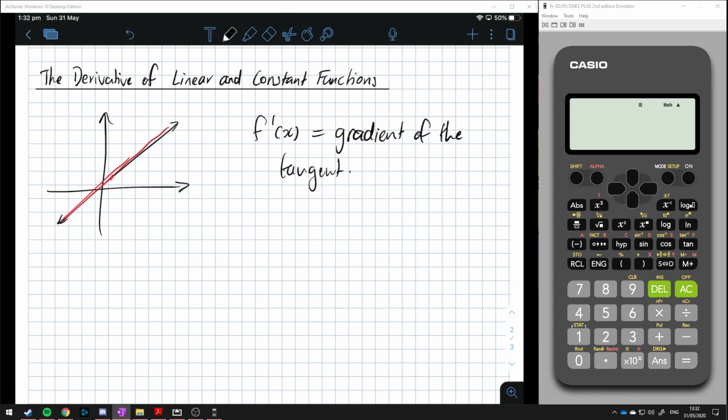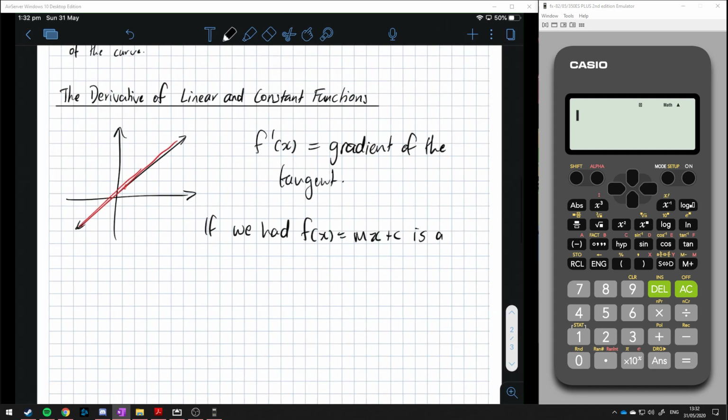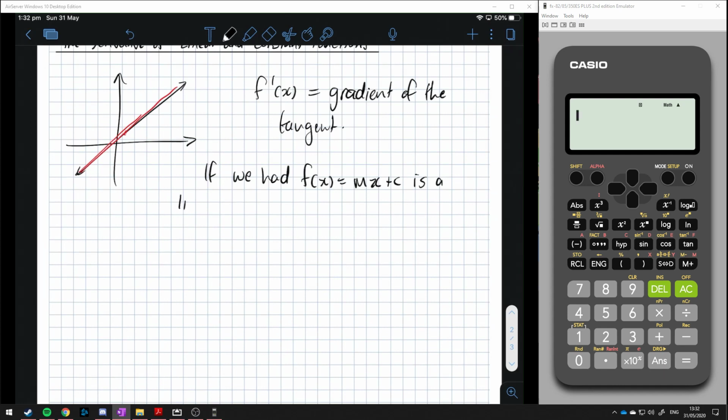So if we had some function which is equal to mx plus c, a linear function, then the derivative is equal to m and is a constant